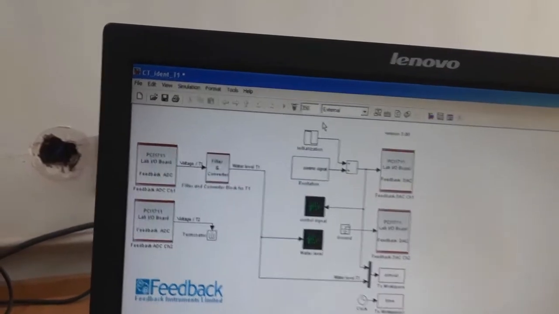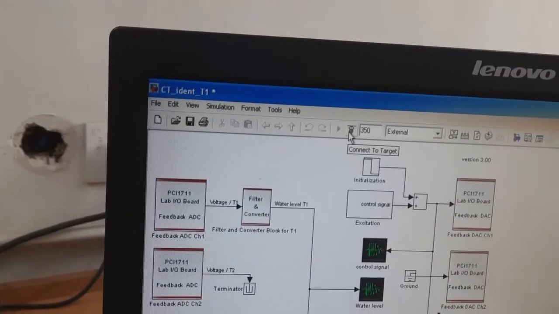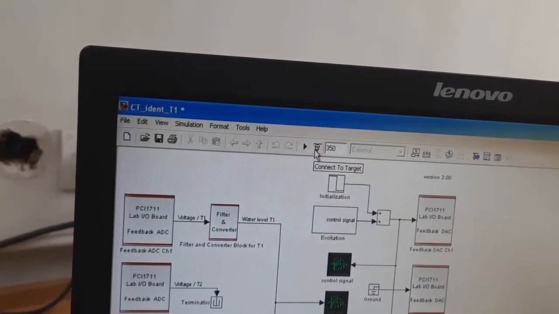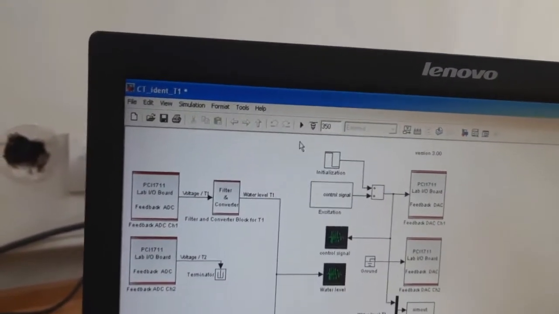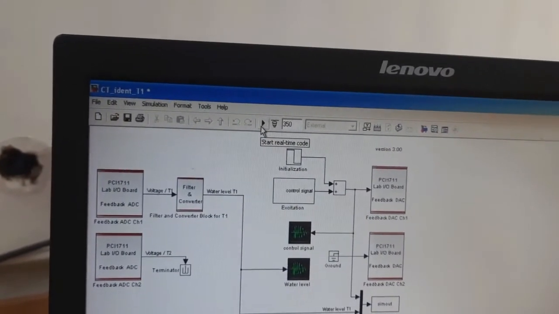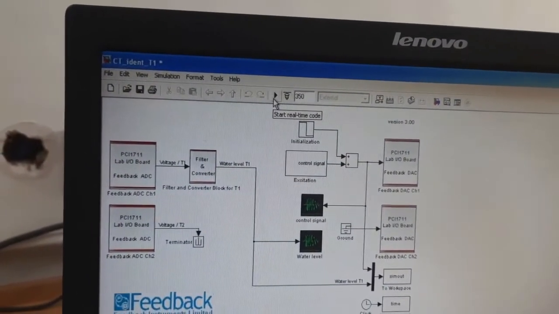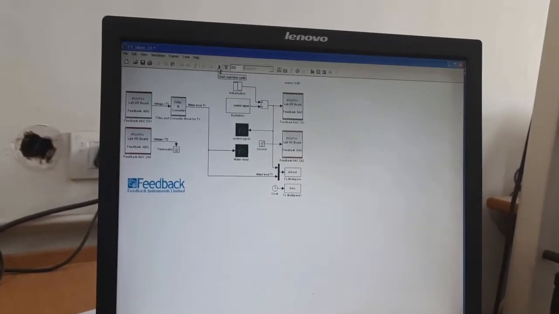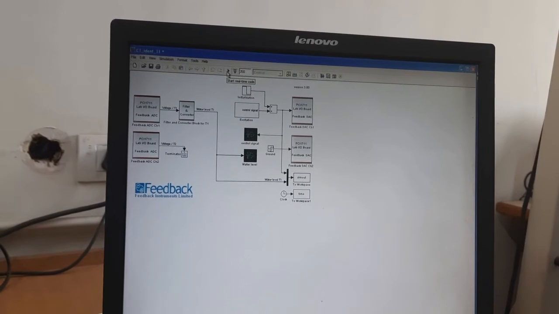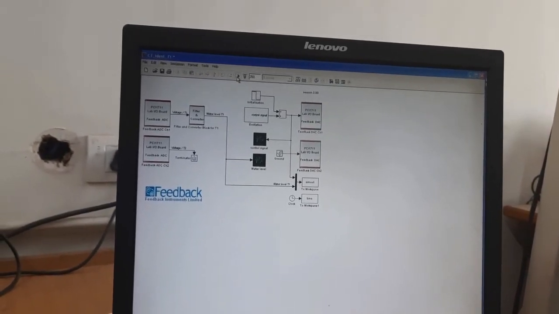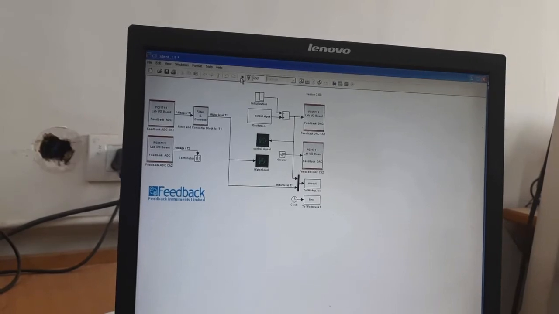Okay, now it is ready. Now we'll go for this one. This is a run. So if we run this one, and then after that, okay, so this is the run button. So we are waiting for that thing. Once it is ready, so we'll start. Now we'll start run this one. So you can see